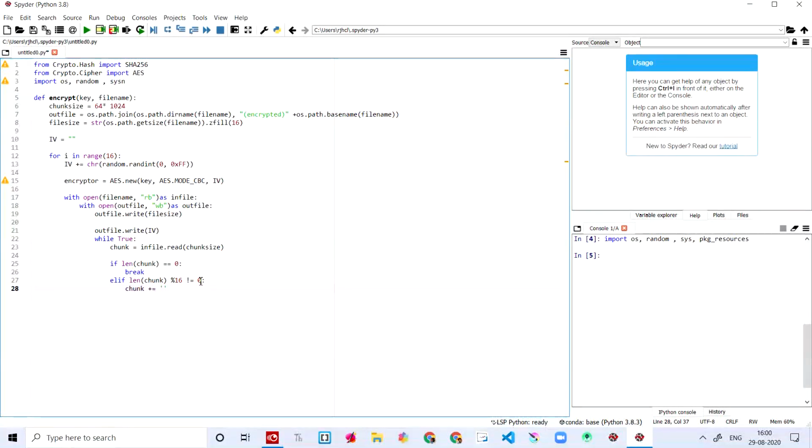And then let's come out and multiply it using the multiplication symbol in the programming language. So we'll say multiply 16 minus the length of the chunk. And then let's write down the percentage mark and then say 16. And then let's come out of the else if condition and say out file